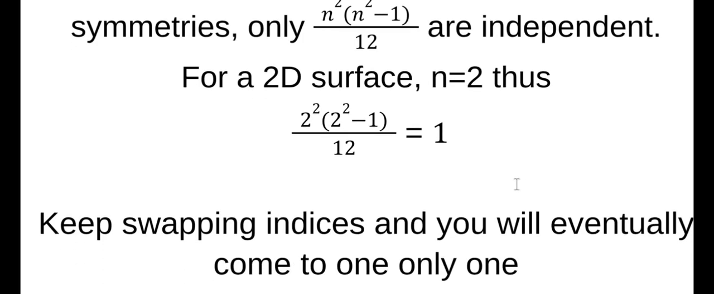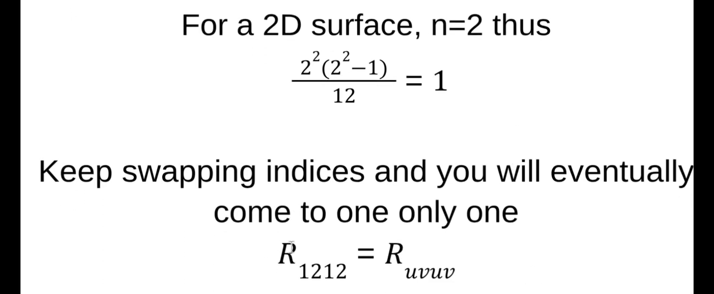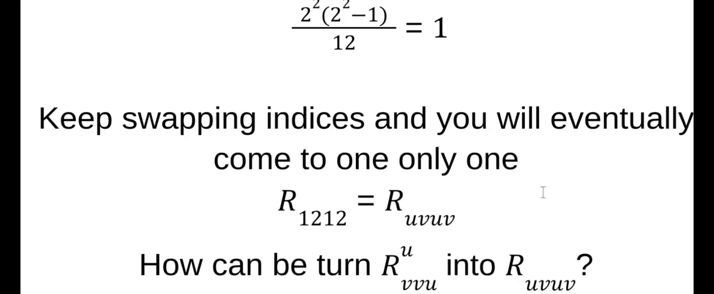And if you keep swapping the indices around on the ones we've done, you will find there's only one, and it is R1212, which in our case, since U is 1 and V is 2, is RUVUV. Now, this is true for any two-dimensional surface, not just this one. So we want to find that, but we don't have it. We only got this one as an example. We got RUVVU. How do we turn that into